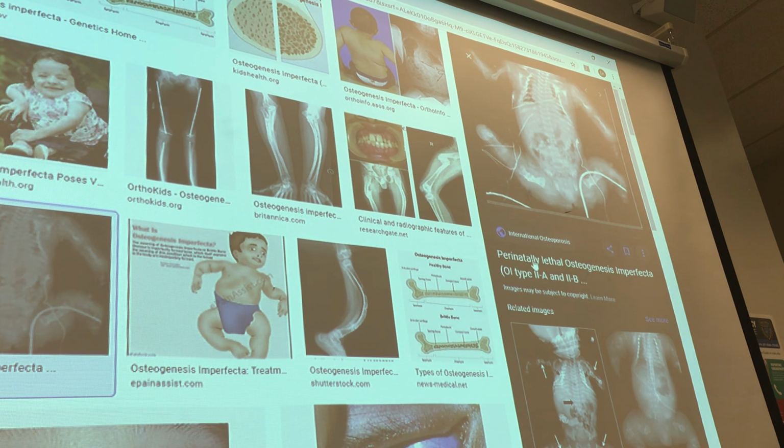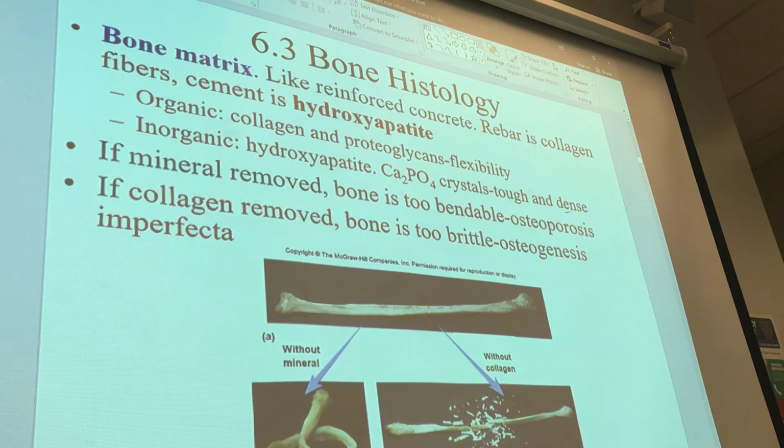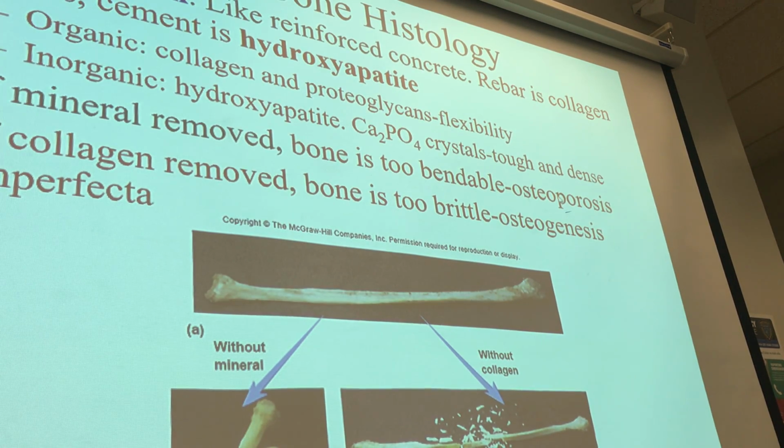Right? I think this baby has had the leg actually removed here. But this is just the end right here. But take a look at how many fractures they've had, even as a baby. So we need functional characteristics of both. We need the collagen to be flexible, and then for strength,